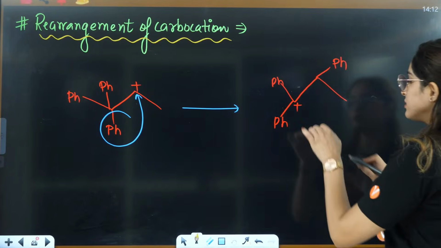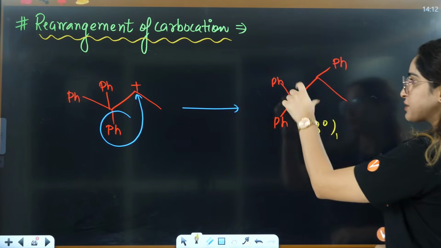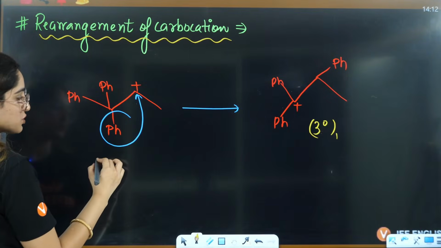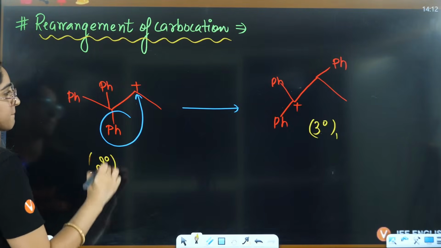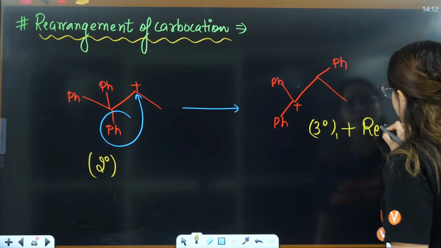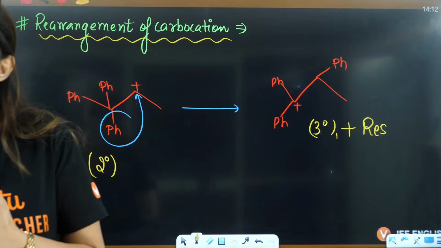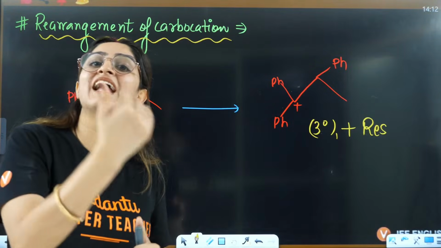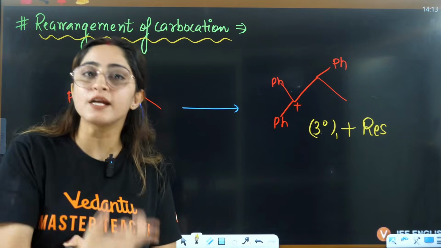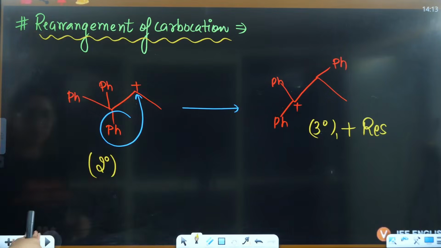Now this is a 3 degree carbocation with the resonance with the phenyl group. There will be resonance, okay, and here you don't have as such resonance. So this is only 2 degree. This is 2 degree, this is 3 degree with resonance, that means more stable. And you can only shift the hydrogen, methyl or phenyls in the adjacent position. Only the adjacent. If on the adjacent position it is becoming stable, then one more position you can do, for example,